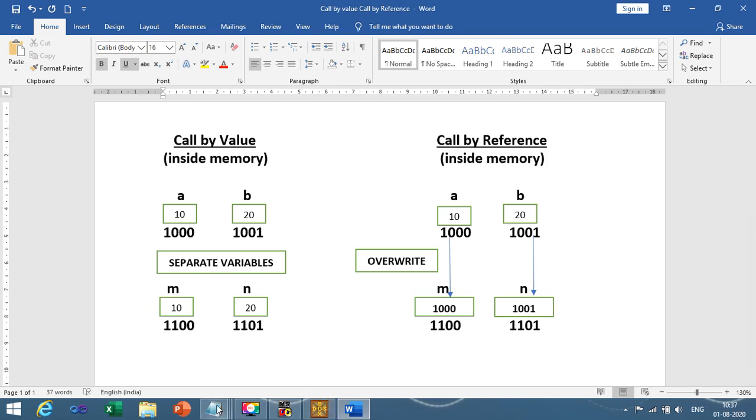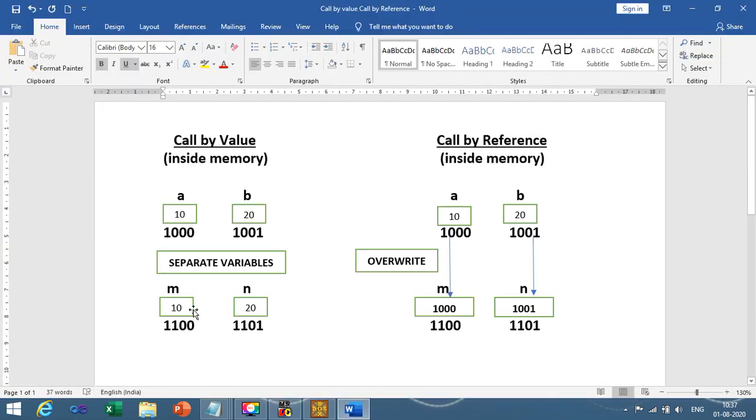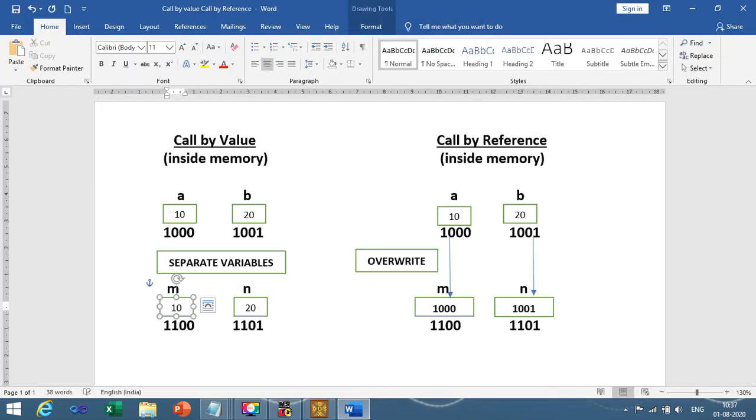After that we are overwriting that value. While we called the function, we passed 10 from a, so m contains 10 and n contains 20. After that we overwrite the values of m and n in call by value, so it becomes 100, right?